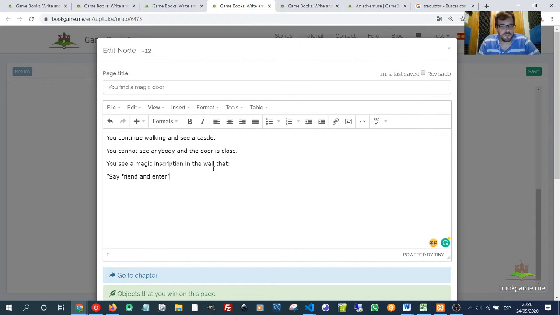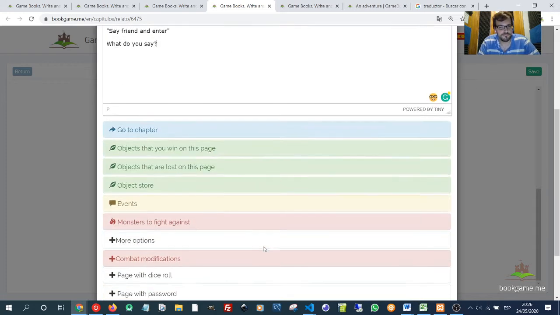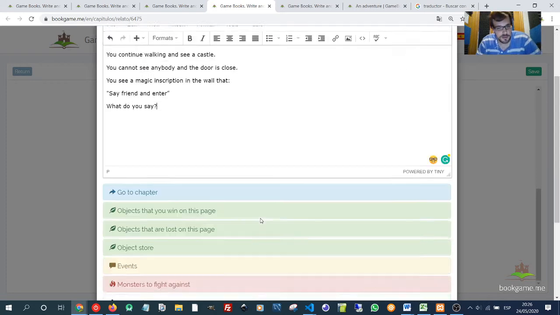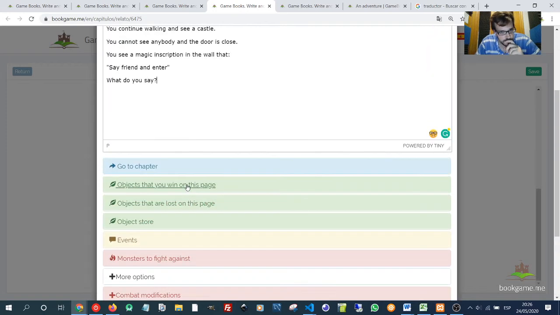Okay, imagine that you set, in this page, at the bottom of the page, one field where the reader has to fill in something. Okay, this is a password page. And to set that,